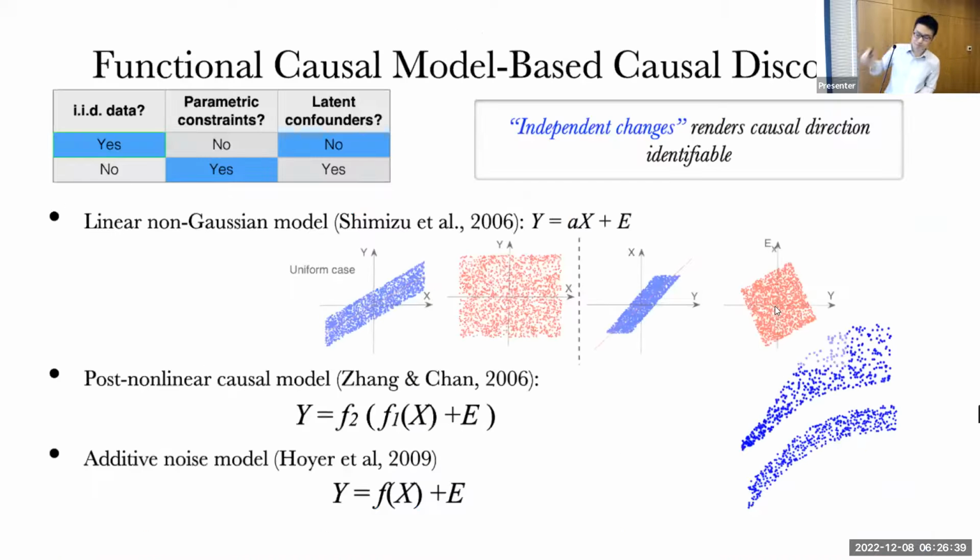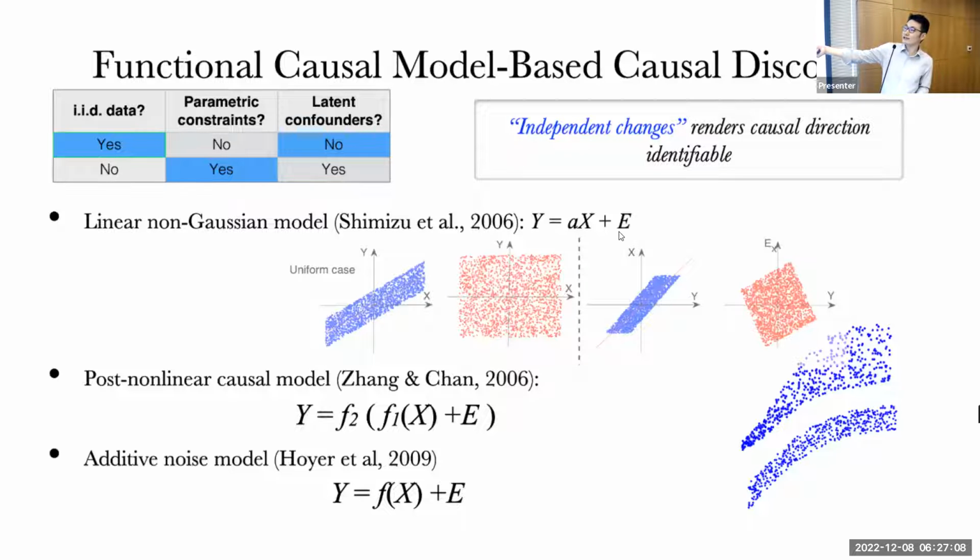Now let's go further. We want to find a direction between two variables. And if you are willing to make some rather mild assumptions on the causal mechanism, all of a sudden you can distinguish between cause and effect without making use of time information. Here you can see that in the linear non-Gaussian case, you can do so very easily. Let me explain the setting. Here, when I generate the data, X causes Y. I first generate X and then I generate Y.